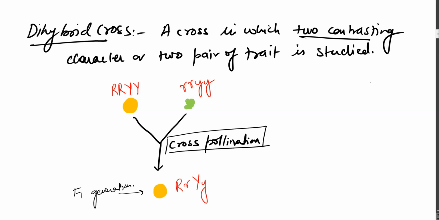Like in the previous monohybrid cross, where we got all tall plants in the F1 generation, similarly here in the dihybrid cross, when we did the cross pollination, we get the same result. All were the same in phenotypic structure. So you need to keep in mind that when all the same results are obtained,